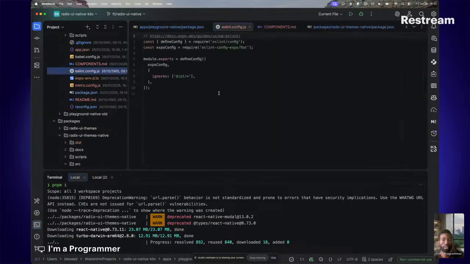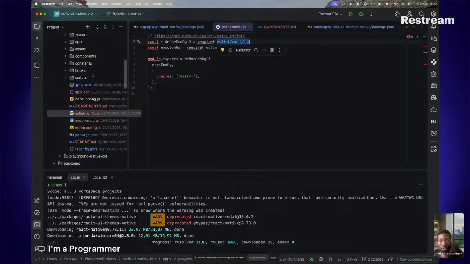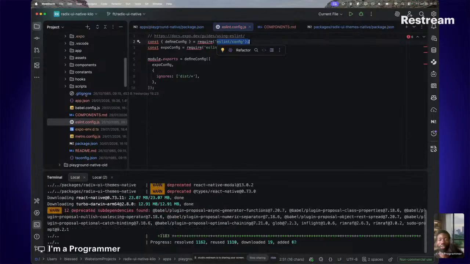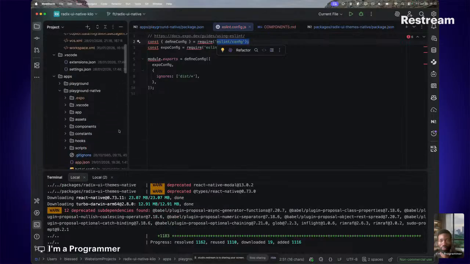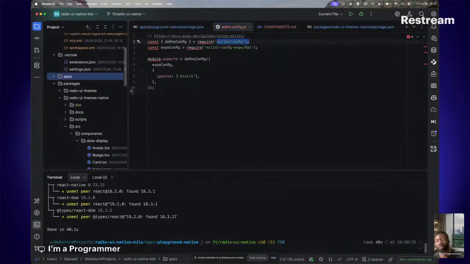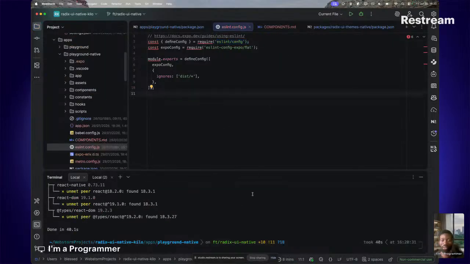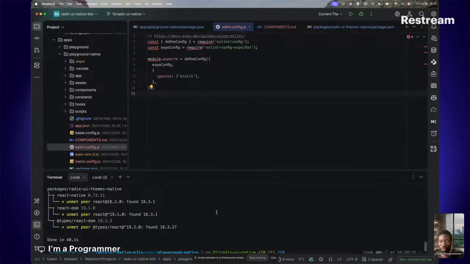There's ESLint config here just for the expo config, but that's the one we are using just for this use case. I don't want it for the other ones, right? So just for that particular one. We can install it once we get that working first of all. So let's test if our implementation works. The first thing I want to check is